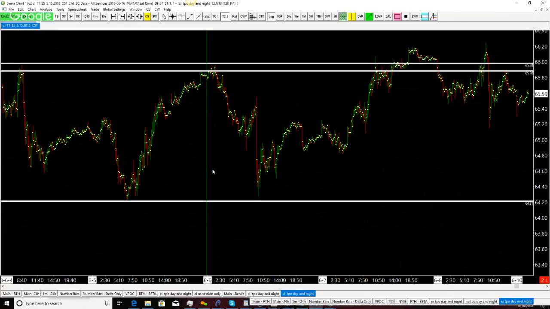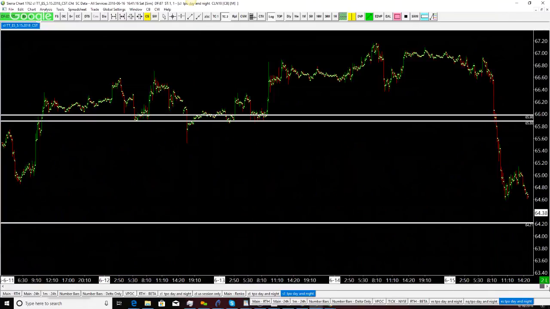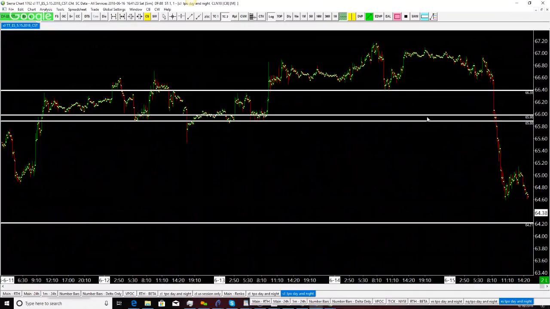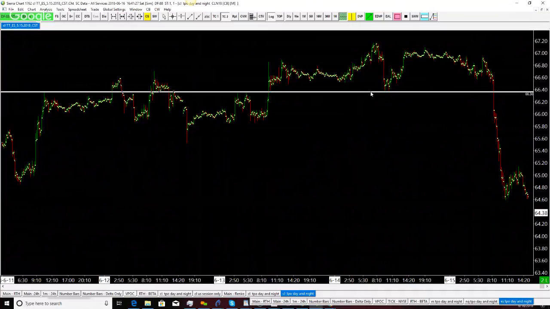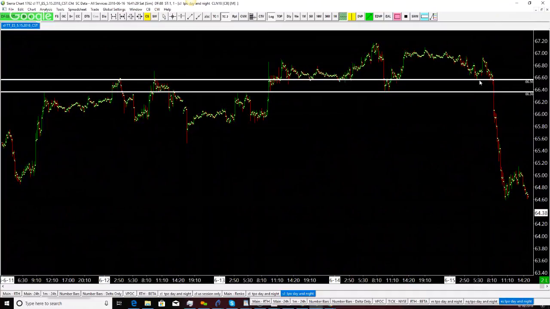But then also notice it never breaks the prior day low, and then you get a beautiful roll back to the upside. It makes trading so easy, versus contrasting that to when we get below prior day's low, which was right here. Let me erase these lines so you can see that. It's real simple. Below prior day's low, below London's low.